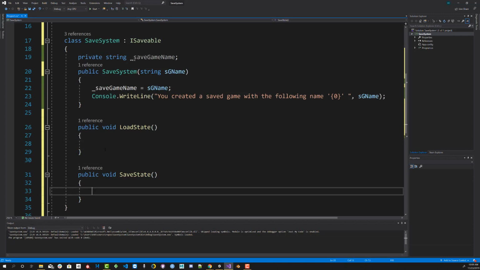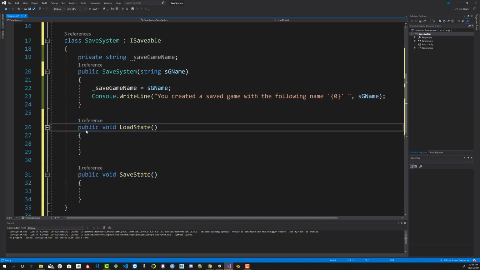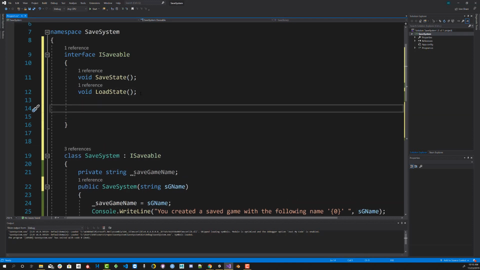So we have our basic blueprint here, and the reason void is here is because we're not returning any values. We'll get to that later. One thing that we should add as well into our interface is a way of monitoring when things need to be saved. I'm going to do that with a Boolean, and for those of you who don't know what a Boolean is, it's a true or false value, and I'm going to just call it needs to be saved. And again, we're not assigning it anything, we're not doing equals false or true,